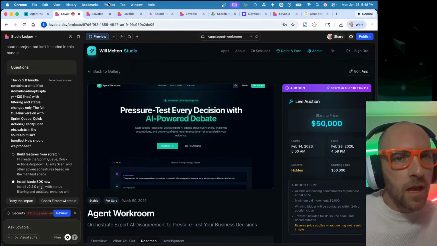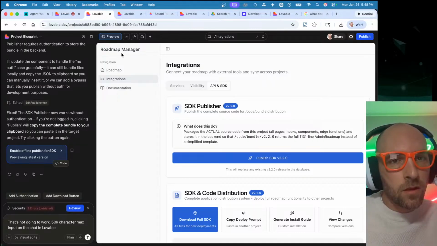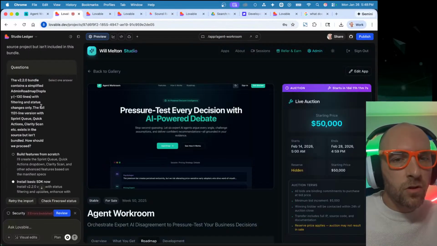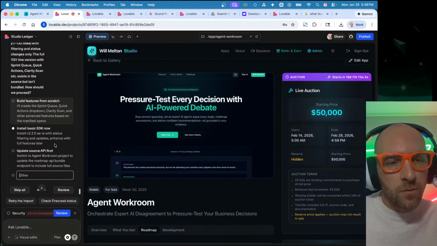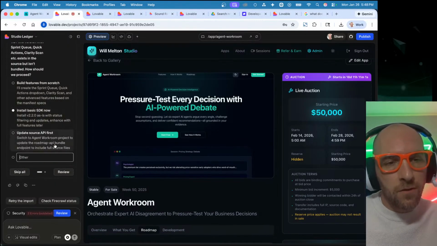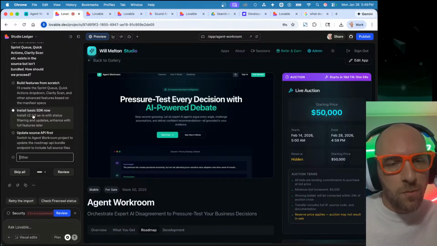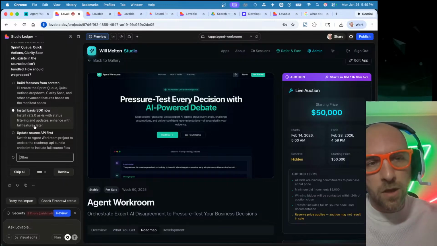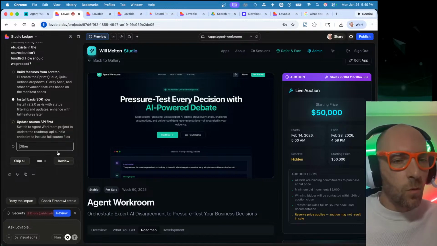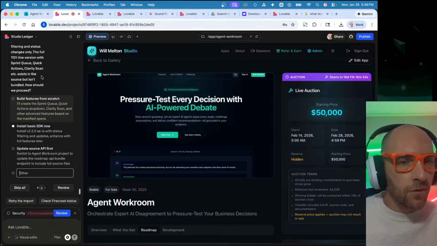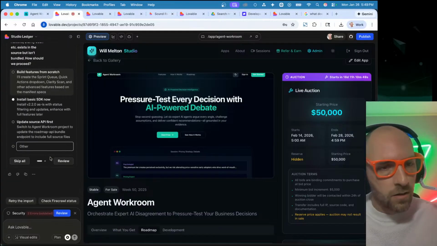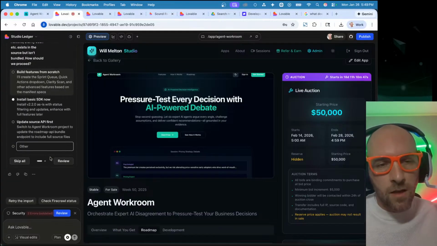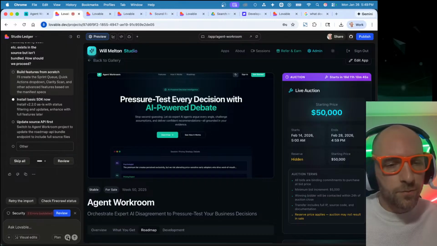Because this SDK has to do with Roadmap Manager. Agent Workroom is something that we're working on specifically, but I haven't installed the same roadmap on that one, so we're not going to be able to connect them yet. But I want to understand why you are specifically referring to Agent Workroom, because the SDK shouldn't say anything about it. That's just the example case for our build.